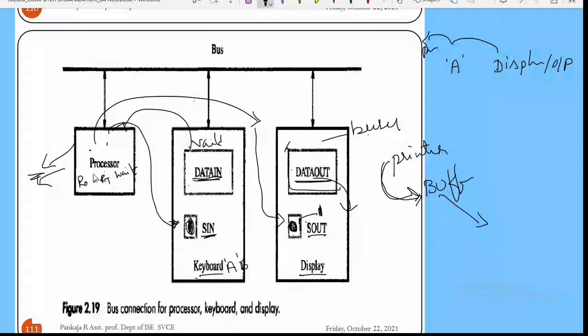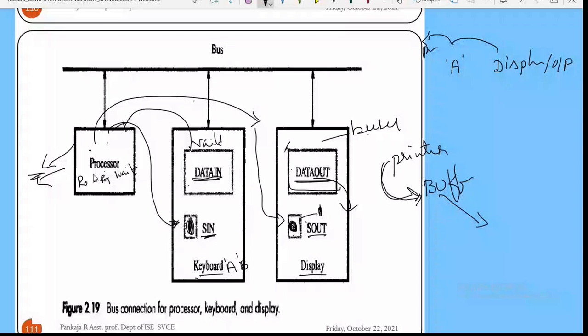If it is set to 1, what is the action to be taken? Whatever data is stored in the input buffer should be transferred to a processor register. The same thing I have written in the form of code here. This is once again not executable code. It is pseudo code, or an algorithm. Read wait is nothing but a label, similar to how we gave a loop label. I'm just using the label called read wait.